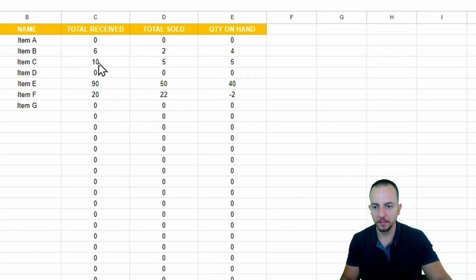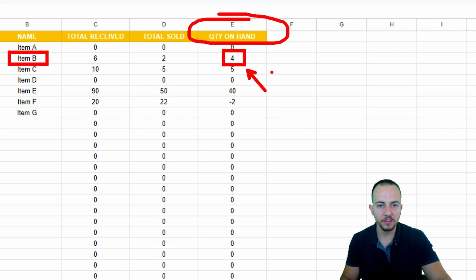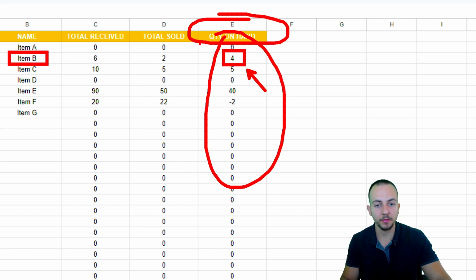I already did here a quantity offset for the item B, but if I go back to the inventory, as we can see, the item B remains with the 4 in the quantity on hand. But why is that? Because we also need to update the formula. But how can I do it? Maybe we can use here the SUMIF function to retrieve everything that we have did in the quantity offset to